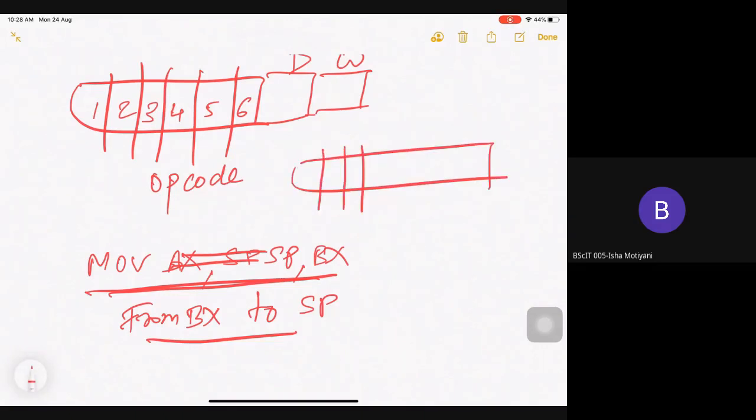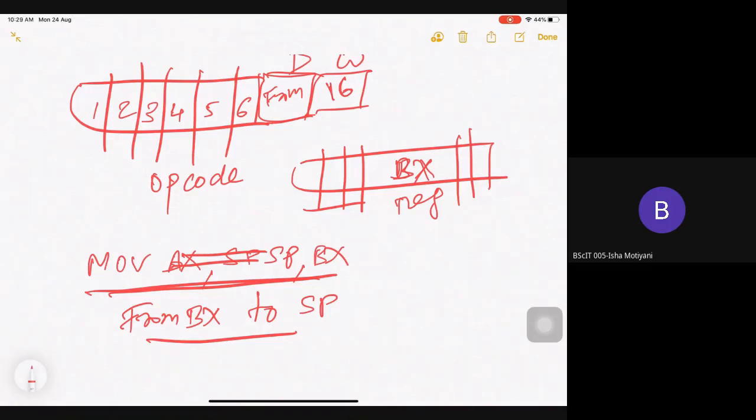1, 2, and this 3 is your REG, right? Suppose in REG I am writing the code of BX. In this case, if I am writing the code of BX, that means my D bit should be from BX. So here I need to write down the code of from. As it is a 16-bit operation, I need to write down the code for 16-bit.